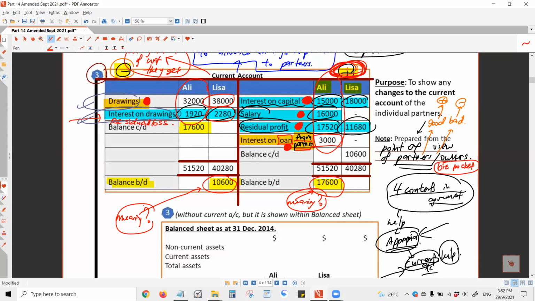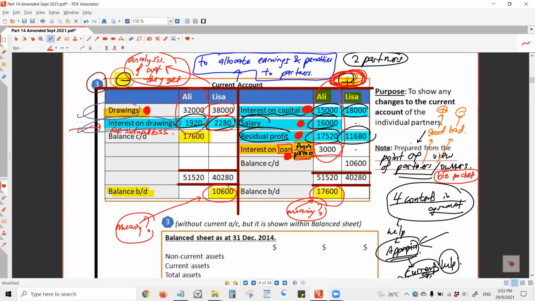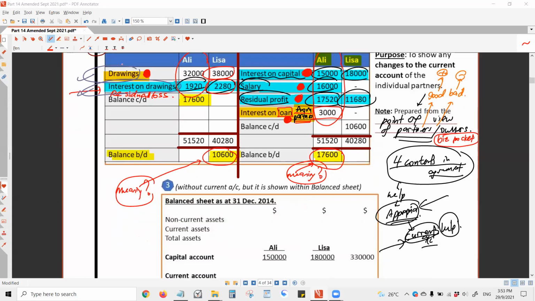Let's write down the answer together. Unfortunately, I don't think we have a lot of time to practice many questions at the back. But with whatever I've taught you today, for sure you can complete 99% of the questions at the back. The remaining 1% is maybe something rare. Now let's write down the meaning.